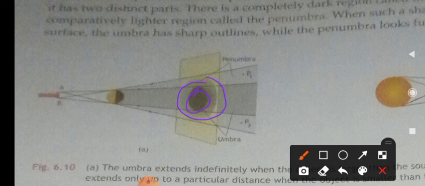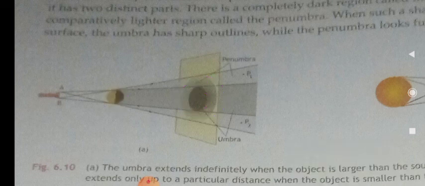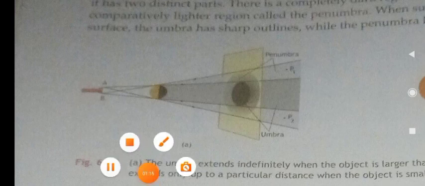Okay, if you look at this figure, you can completely understand why the umbra is completely dark while the penumbra is lighter. Light is completely blocked from the central region of the shadow by the object. That's why the outer region of the shadow, on the other hand, gets some light from the source. So the outer region of the shadow, this region, gets some light from the source. Okay, do you understand?